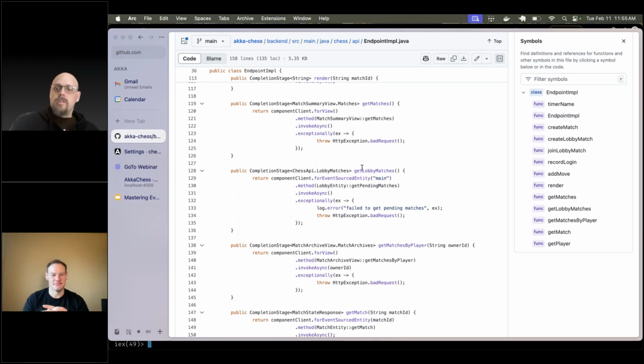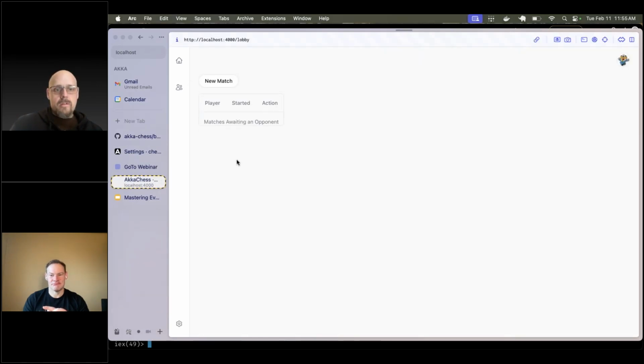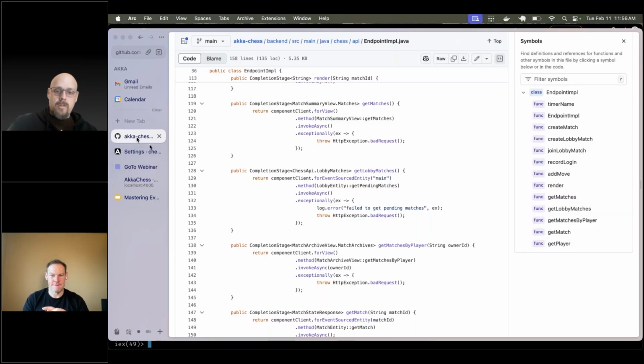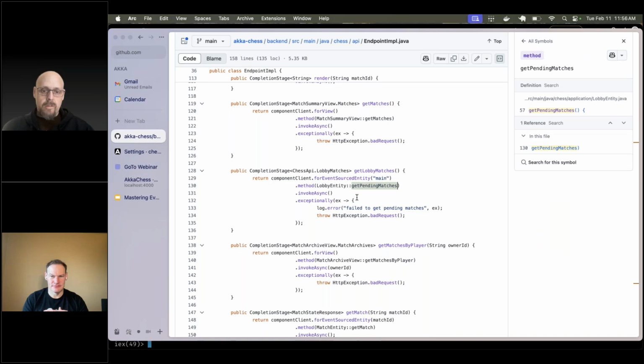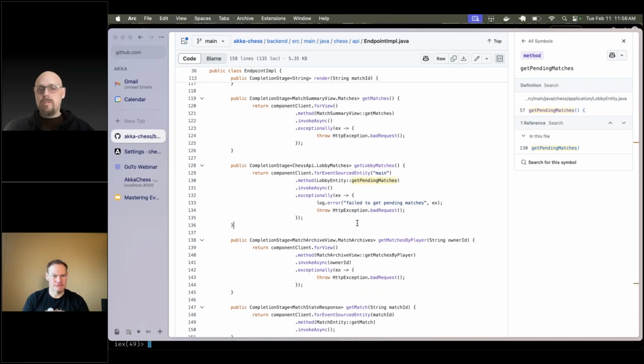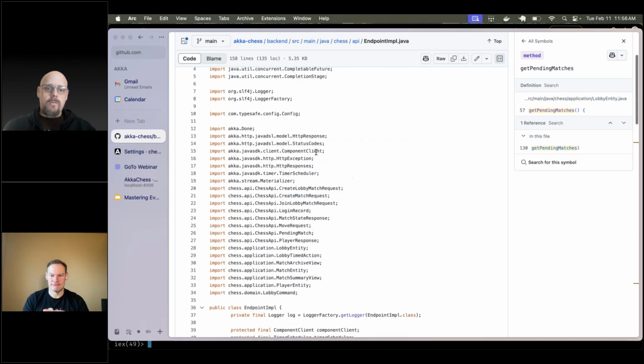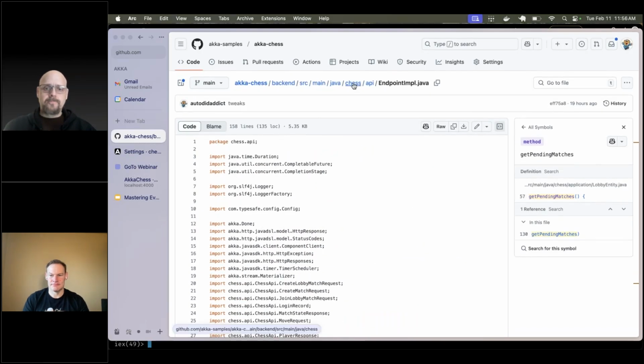So the lobby, when I look at this, this is the list of pending matches, right? And as soon as I create a pending match, that data is available immediately, and you can see it in the chess application. And if you look, you'll see what I'm doing is I'm calling get pending matches on the lobby entity itself, and I'm not using a view. So if I look at the lobby entity,